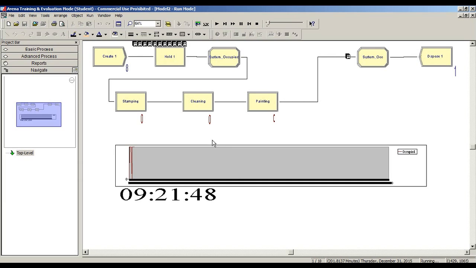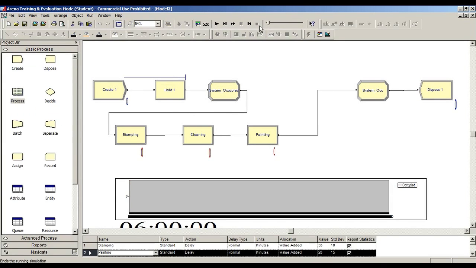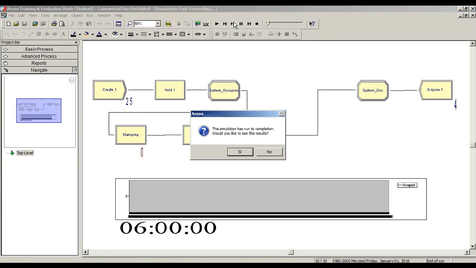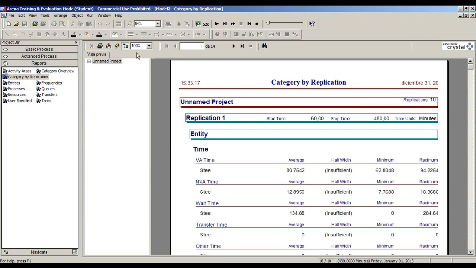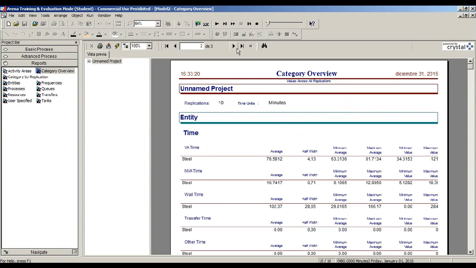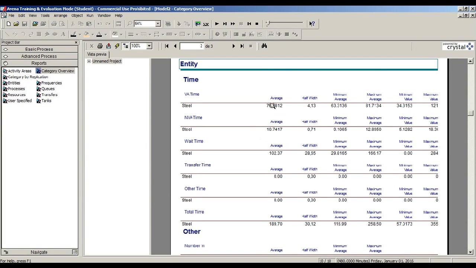Nothing is changing, as you can realize. The only thing we are doing is increasing the time we need to get a piece or an order from here to here. So this is the way you can make trial and errors. Now let's run all the simulations with the fast forward button, and we are able to see that, for example, from the total time, the average total time,